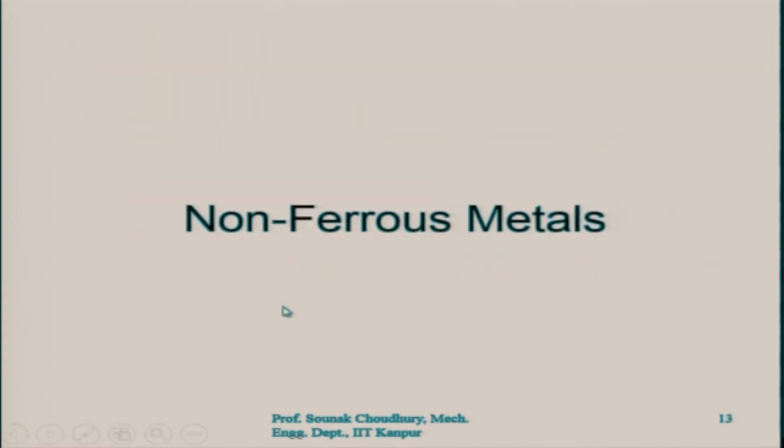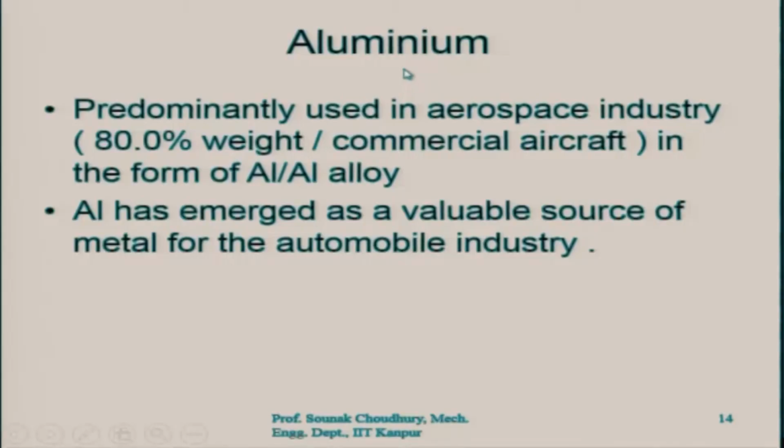Let us discuss some of the non-ferrous metals, and let us see how they differ from the ferrous materials in terms of properties, in terms of usage and so on. Let us say the first representative of the non-ferrous materials is of course aluminum, which is very widely used, and as you understand, this is a light material. This is a relatively cheaper material. Of course, it is not as cheap as steel and so on,